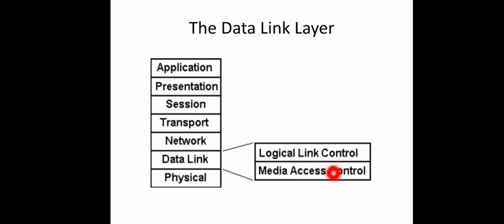And the media access control layer comes into the picture when we are using a shared media, that is, a multi-point configuration, where multiple devices share the same media. In that case, there should be some mechanism to provide access to the channel, because multiple hosts, multiple machines may compete for the same channel. Using some protocols, the channel access will be allowed, and for that, we are using the media access control. We will go through all those protocols and algorithms in detail.